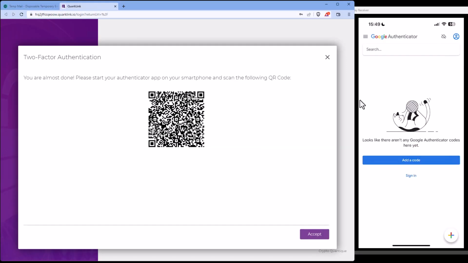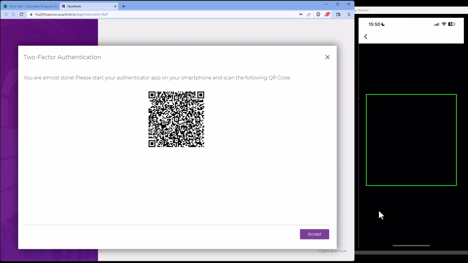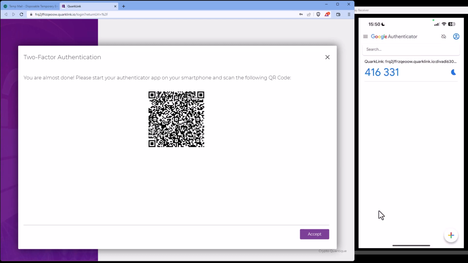So if we just move that. So here we can see my screen mirroring of my iPhone, and I'm using the Google Authenticator. You can use a different version if you like. Microsoft have one, or Password Manager. They suit as well. So we're going to add a code, and then we're going to scan this QR there,